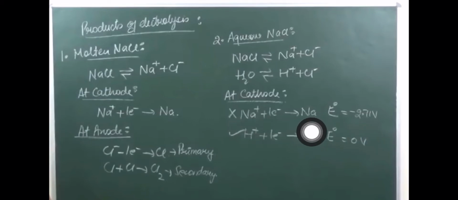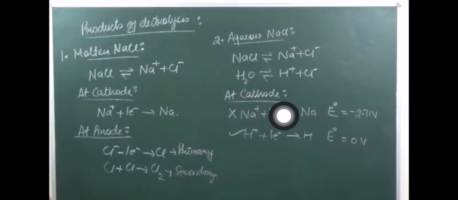Why? Because it is a self-oxidizing agent. So here what will happen, it will get self-oxidized, right? And here it is 0 only, right? So this negative value is more, so it will go more towards oxidation. As it is going more oxidation, which is not possible at the cathode, that's why at the cathode the deposition of H plus ion will be taking place and not of Na.